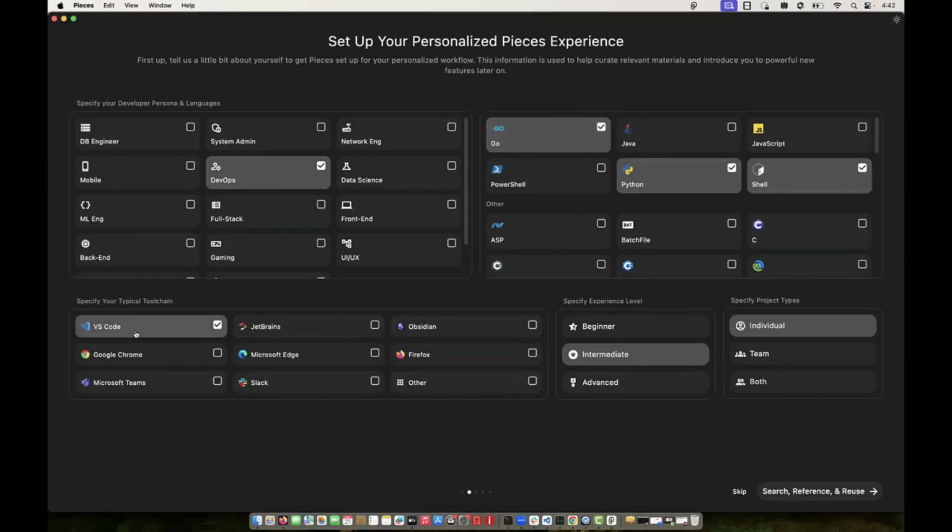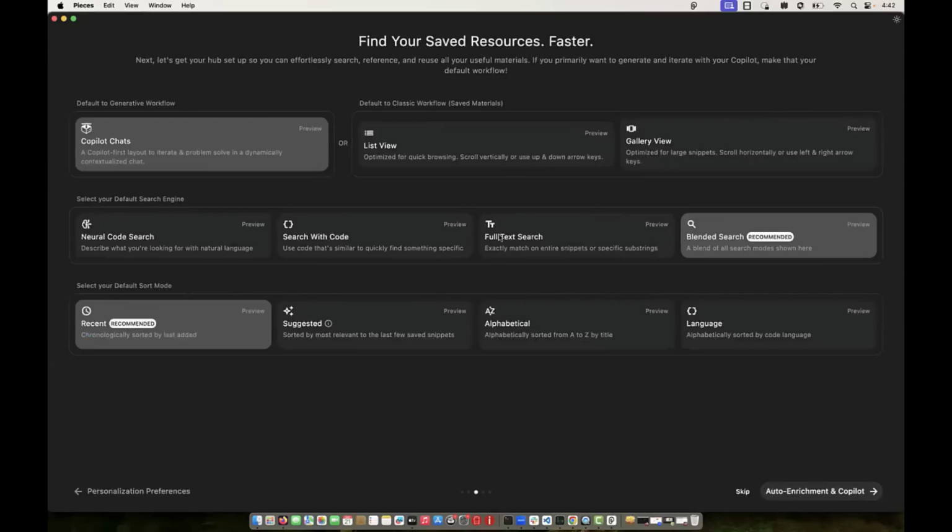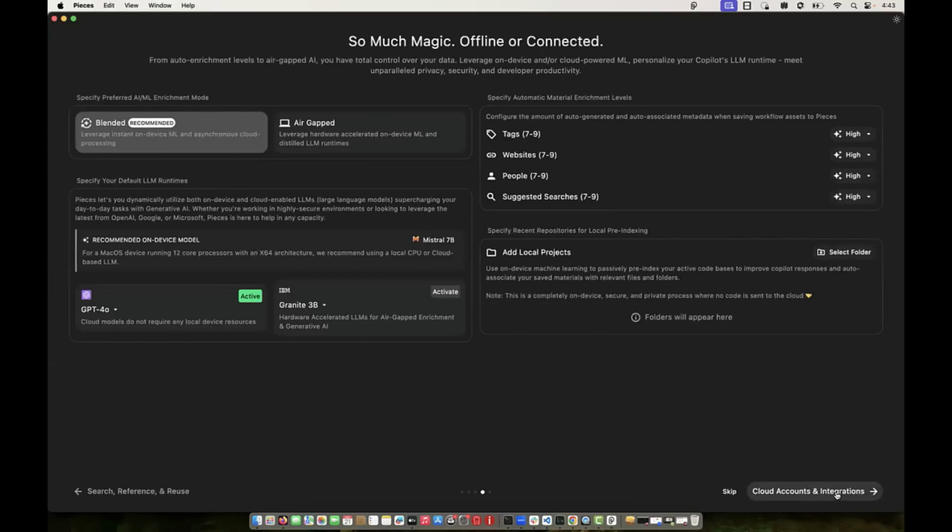We will do a demonstration with the Visual Studio Code extension. That's why I selected the option as VS Code and the experience level as intermediate. At any point of time, if you don't understand the preferences, because you might be trying Pieces for Developers for the first time, you can leave the recommended options, and later when you understand them better, you can come back